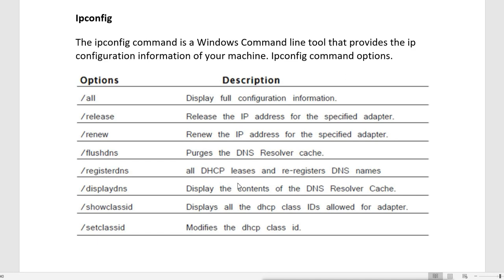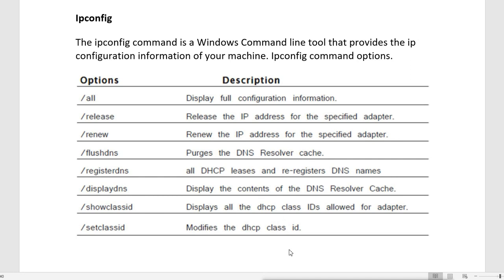Then after some time, if it is changed again, the name will be the same but the IP will be changed. Otherwise what will your DNS server do? It will give some wrong reference for your name. That means if the DNS server has the old records, it can give a wrong IP for your name. For that, when we configure the DNS server, we configure two options. We configure automatic update, and we configure manual update also. So it depends upon the configuration of the DNS server.